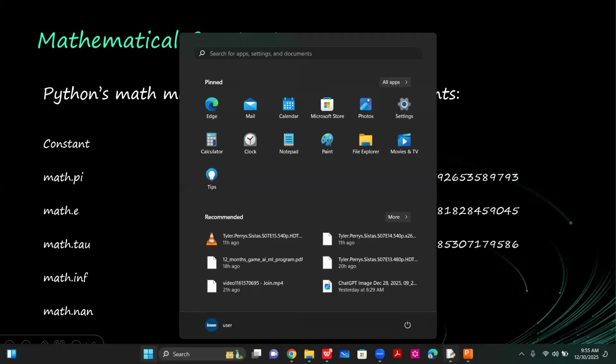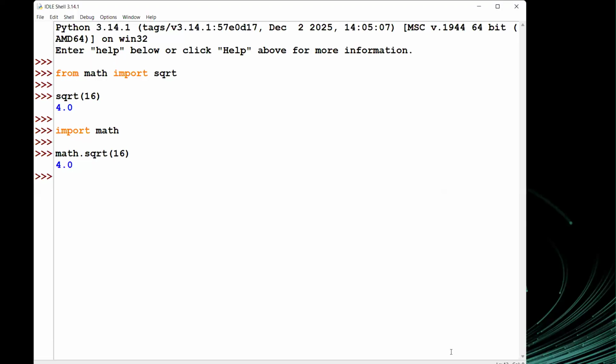So basically, for me, I don't think I use this thing often. But if I want to get the math.pi, I will say math.pi like this, and it will give me this constant. If I want to say math dot the Euler number, it gives me the number. Okay, math dot